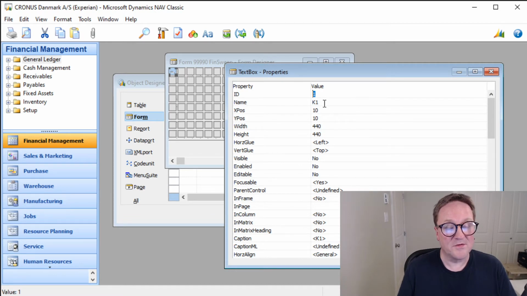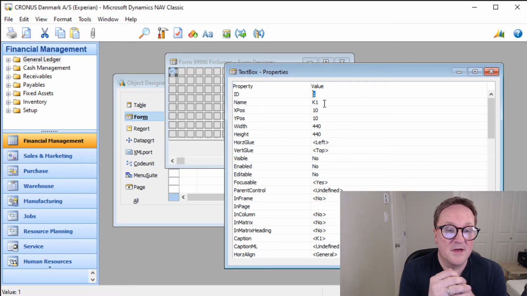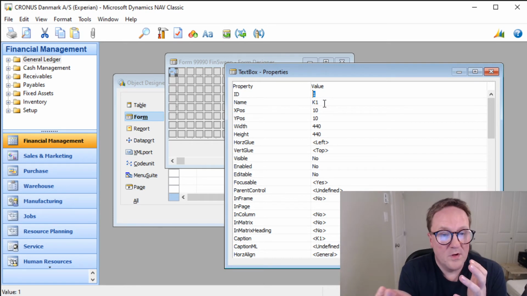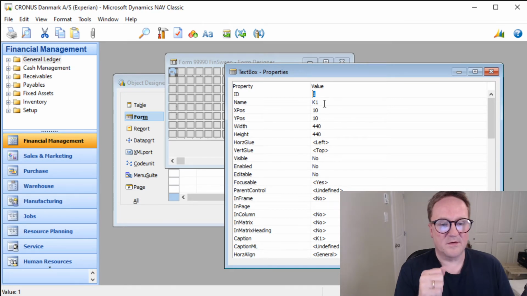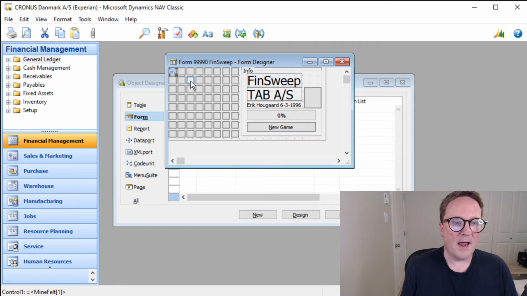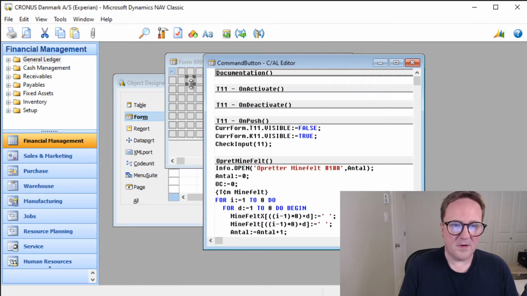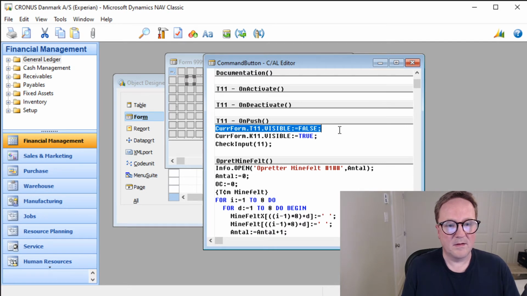I basically exported also. So the text format was kind of a new thing. The old one had a text format, but not really for editing, more for documentation. So in this one, you could actually edit the TXT format, as we all know by now. And I was able then to place a button on top of the text field. So what happens on a button is that on push, it will make the button invisible and make the text